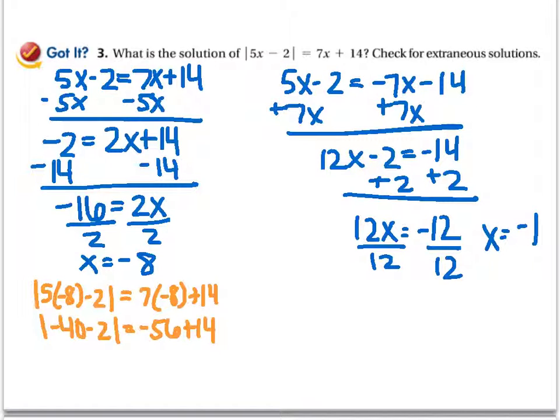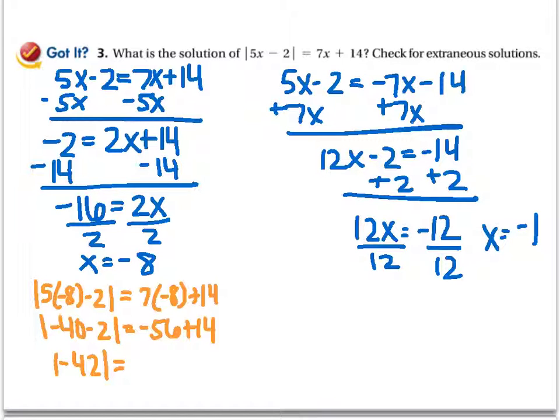Oh, that's extraneous. Yes. Why? Because 30 does not equal negative 32. I think that's what it is. 42? 42, yeah. Right, because what's going to happen here is we're going to have negative 42